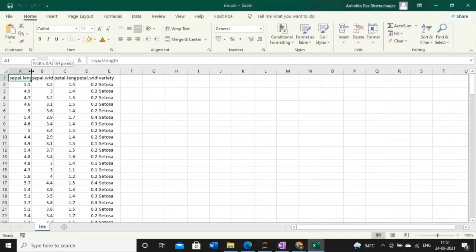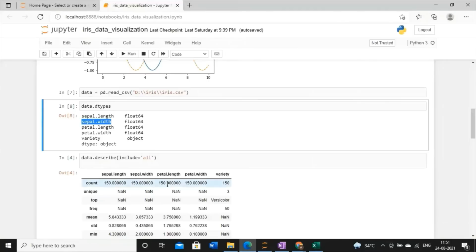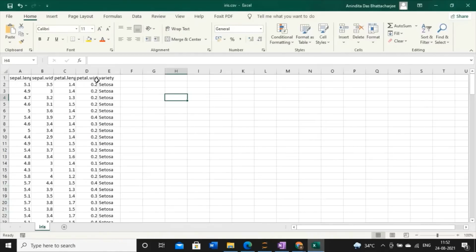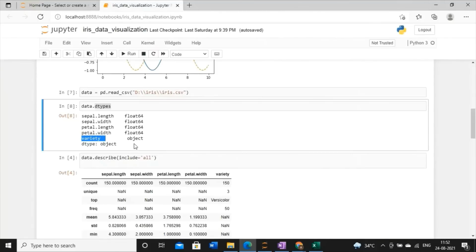So this is my actual data. These are the column names that I am talking about. Now here, see, dtype will tell you the type of the data present in each column. Now you have to understand one thing. What is float64? The float data type in Python is known as float64. And also it is written that the last column, variety, under which we have this categorical type of data, Setosa, Versicolor and Virginica, has the data type object. So this is the main utility of dtype.